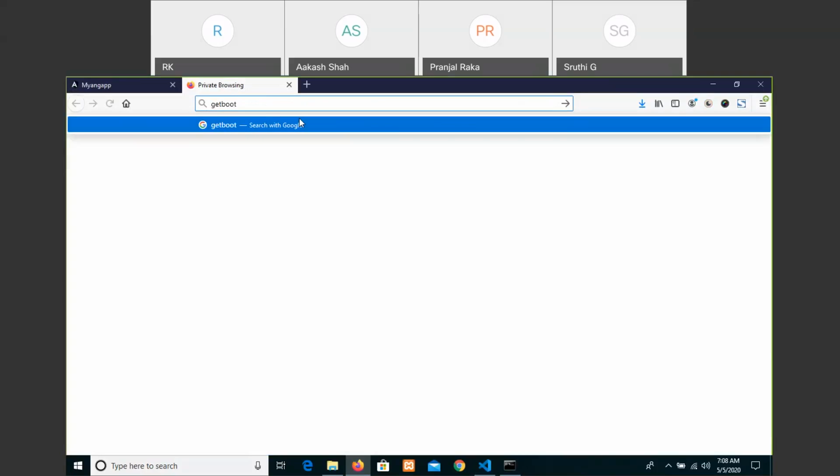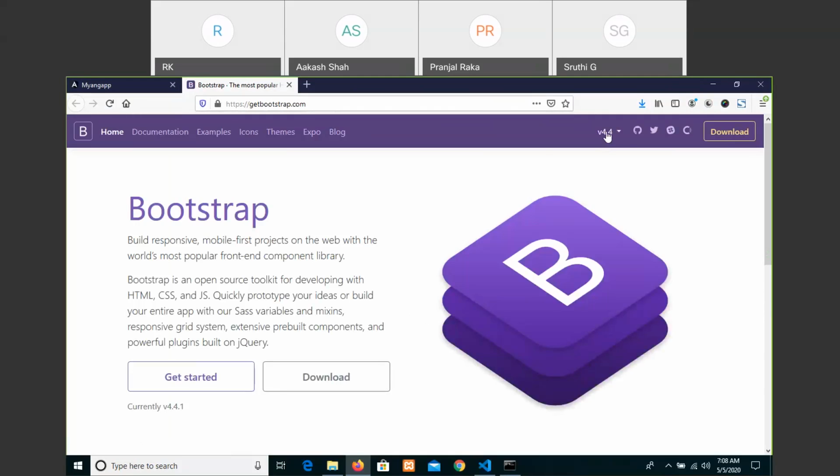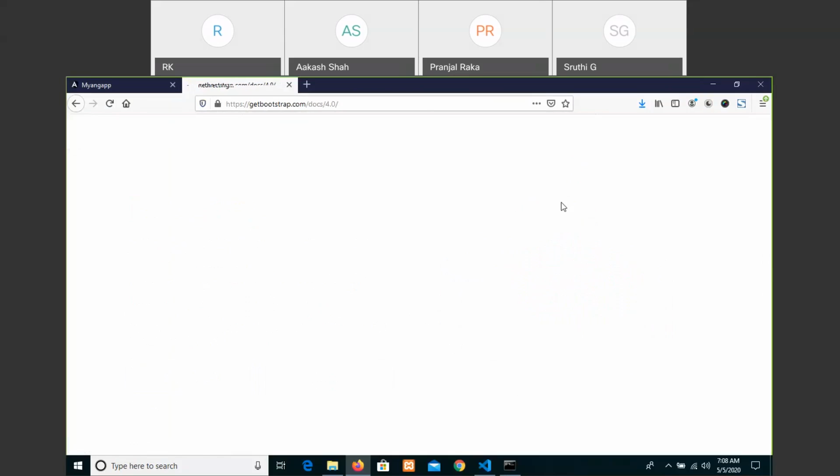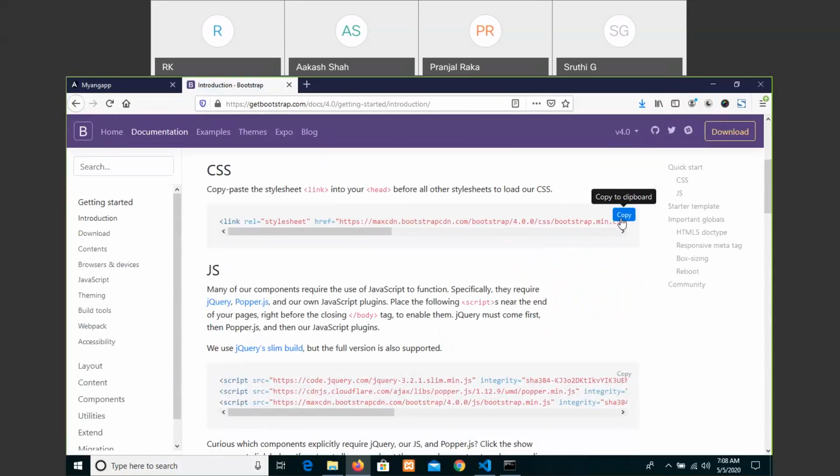Instead of writing totally custom code, we want to use Bootstrap concepts. Just place this link.